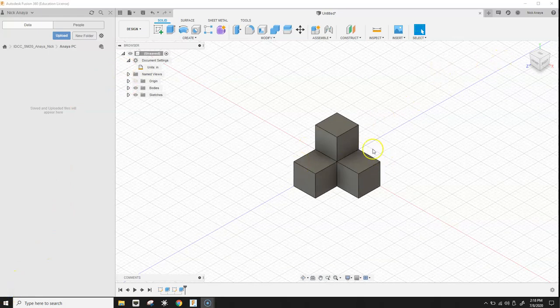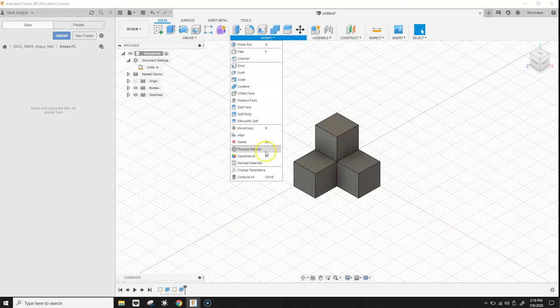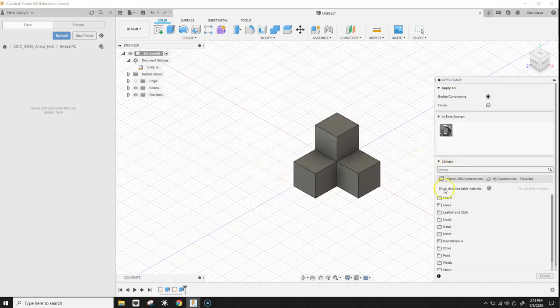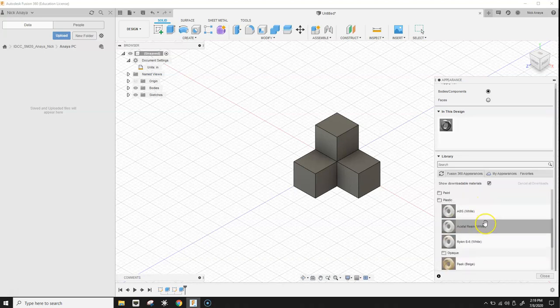Now that I've created the block, I want to go ahead and make it a red one. So I'm going to go up to my modify drop down and then go to Appearance and click there. This should bring up the Appearance window. You have a bunch of different materials. In this case, let's go ahead with a simple plastic material. And then you can either pick those values, or you can download other types of